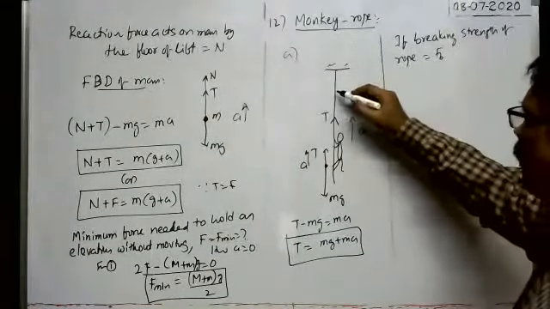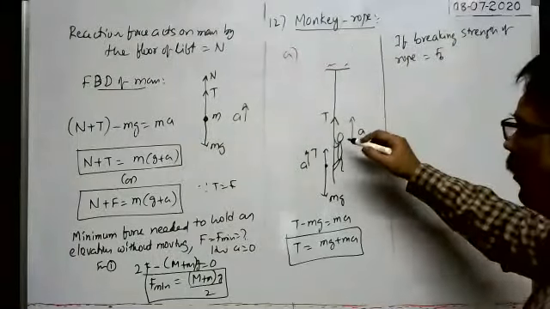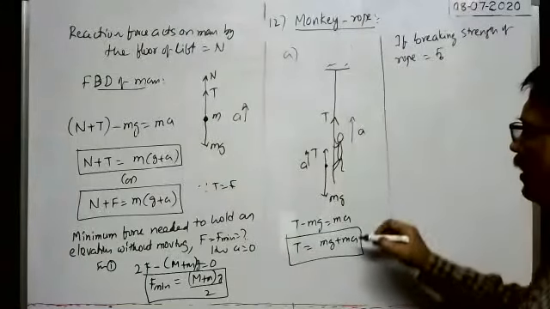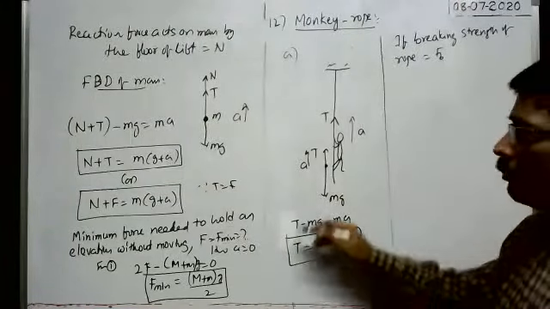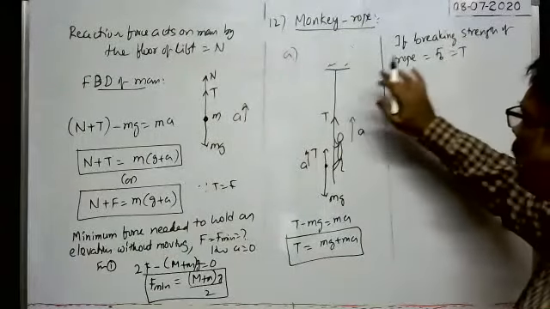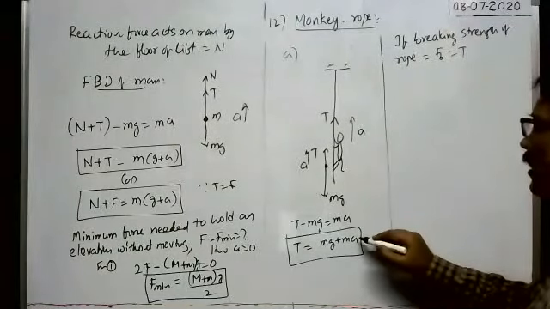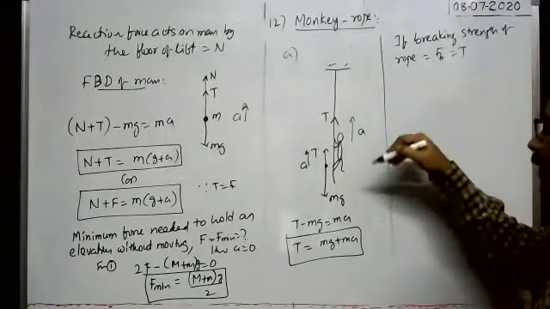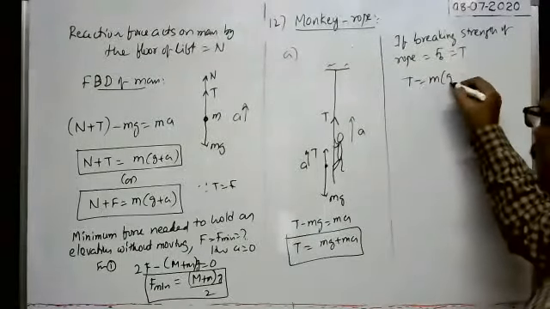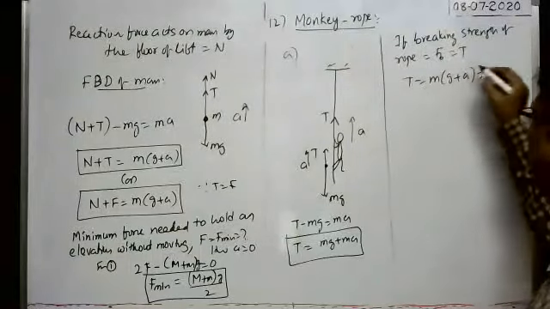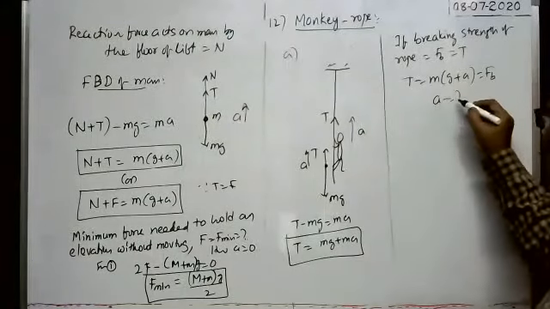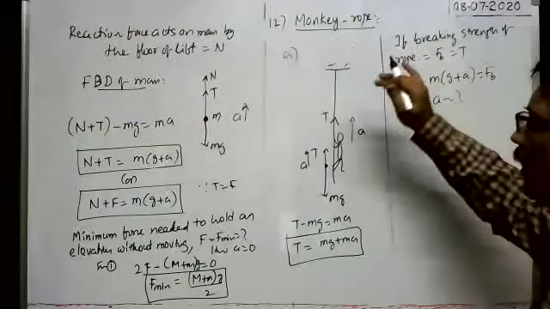If the breaking strength of this rope is Fb, you see, whenever the monkey increases the acceleration very quickly, whenever the monkey is moving, if the acceleration increases, then tension increases, no? But the breaking strength is equal to tension. The breaking strength of the rope is equal to Fb. Then with what maximum acceleration can the monkey travel or climb? That means here in this formula, T is equal to m of g plus a formula is there, no? In this, you make this tension equal to breaking strength. Then you calculate A. That is the maximum acceleration with which the monkey can climb without breaking the rope.